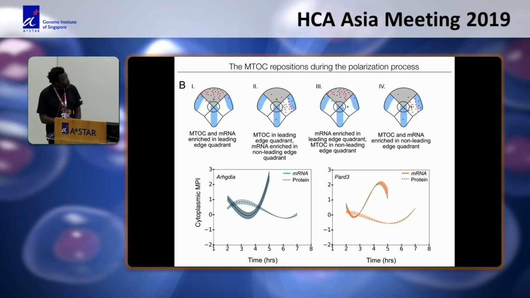Now, what's really important is that the MTOC marks the center of the cell, and we could actually position this sort of organelle to how it would be influential to the directionality of that positioning. So here you can see that we derive a MTOC polarity index, and the MTOC polarity index is deterministic of where the RNA of this gene goes, but not where the protein goes. Likewise, it's highly deterministic early for Pard3, but less so in later times, and more deterministic for the protein at late times. And here we're following the position of these RNAs over time by doing single molecule FISH and